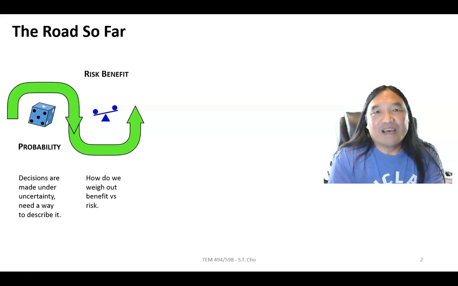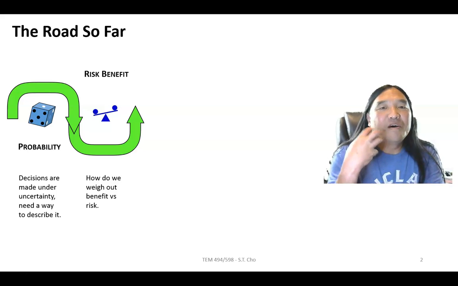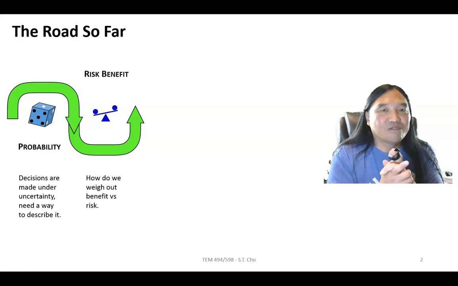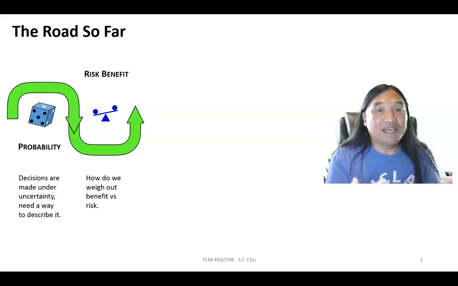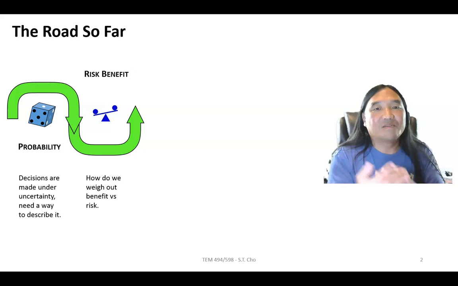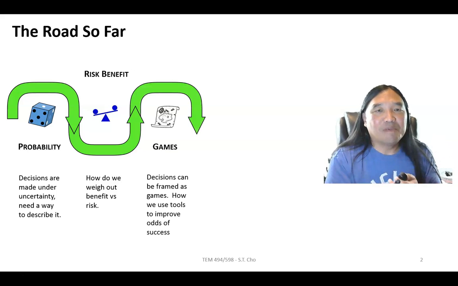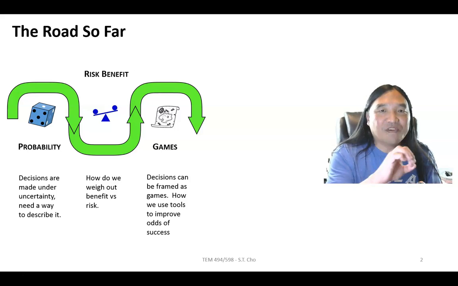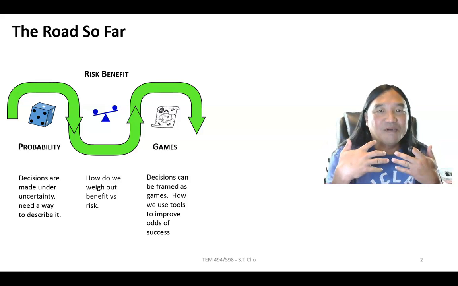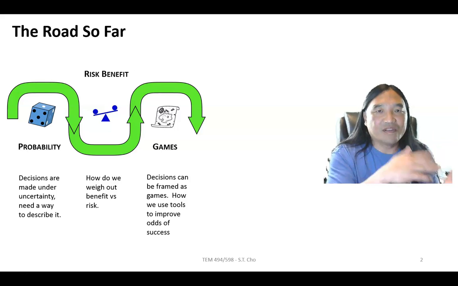Next, we talked about a big part of making decisions. The first part is, what's the likelihood of the course I'm picking is going to happen? But then what's going to be my payoff? And so that payoff is about risk benefit. So we talked about how people do weigh benefits. The next part is games. Every part of a decision essentially comes down to a game. And there are specific kinds of games that exist that pretty much express themselves in business or in life or